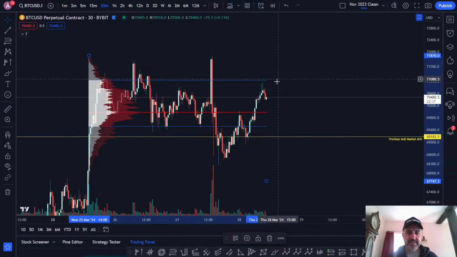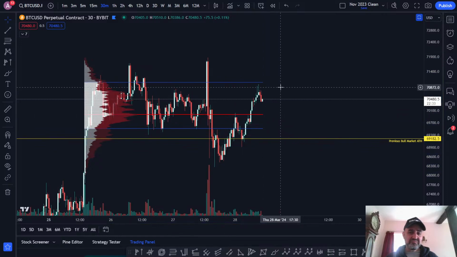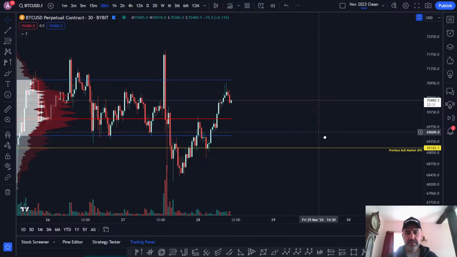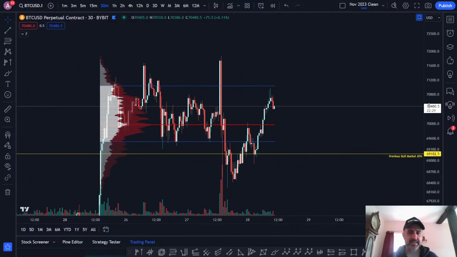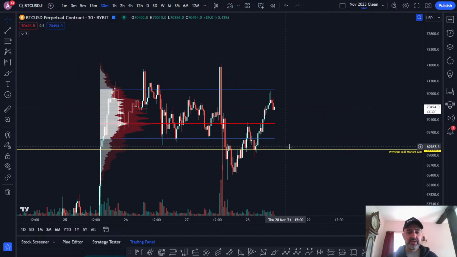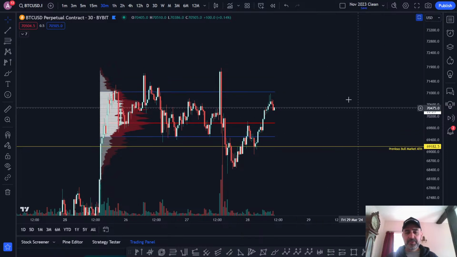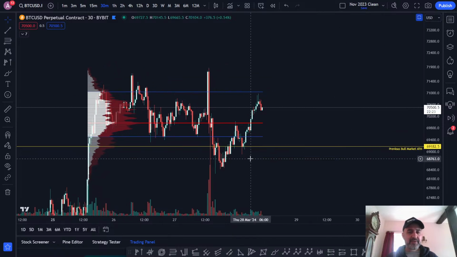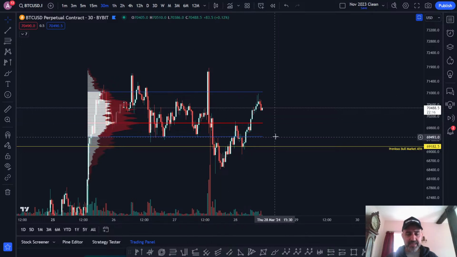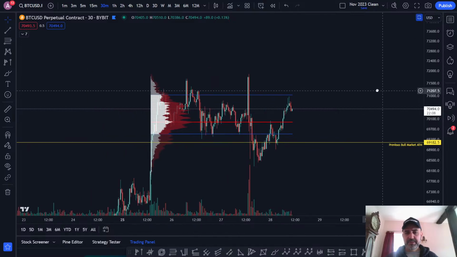I'm in a long trade now, and I think you get a nice back test of this point of control, you could probably long. But unfortunately, you're in the middle of a range, and so anything here is a scalp, and you'd have to have a wide invalidation, so it would literally be a scalp. But effectively, anyone who's scalping would try and capture the price at the point of control, the value area low, and try and trade it back to the upside. I'm not doing that.